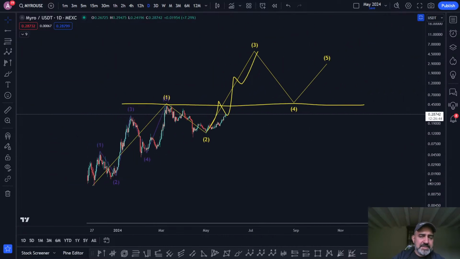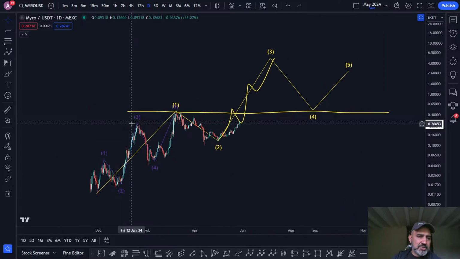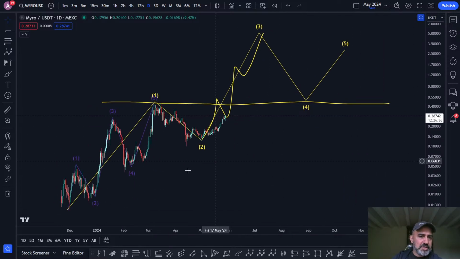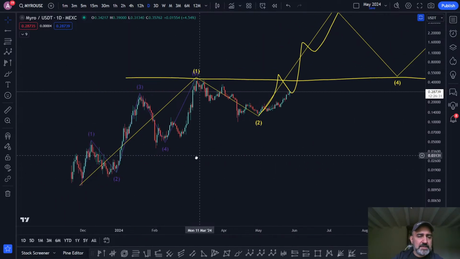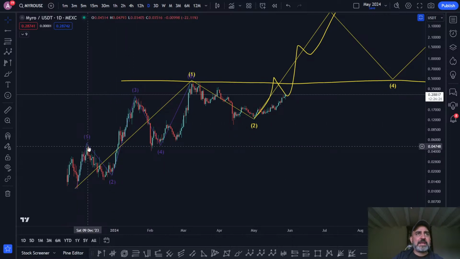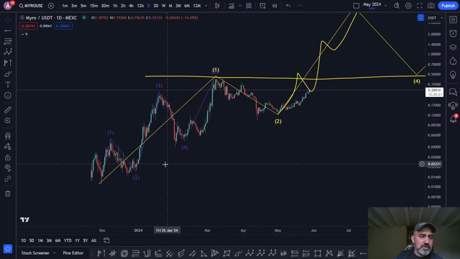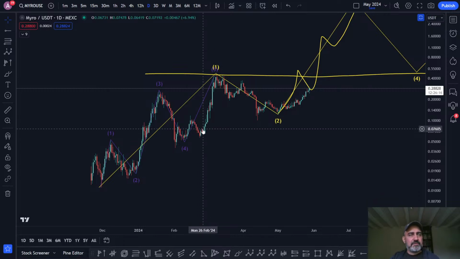So what usually happens, and this is not a rule, this is just an observation, is that one of the impulsive moves is usually the most extended. So in the context of these 5 waves, if you have a weak one, then you'd be expecting the 3 or the 5 to be much more impulsive. And also, if the first correction is a zigzag, then the next correction is usually some kind of flat. Or if the 2 is a flat, the next one is some kind of zigzag. They just won't be the same. Usually they're not the same.